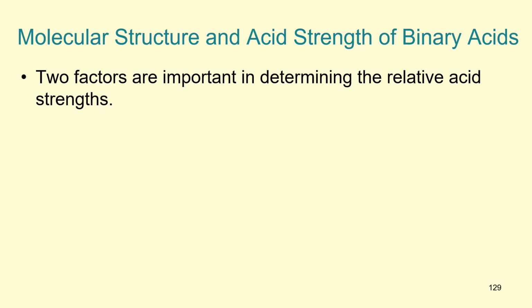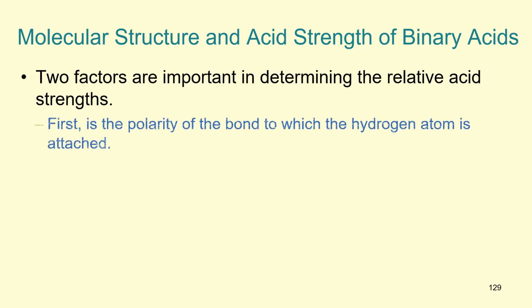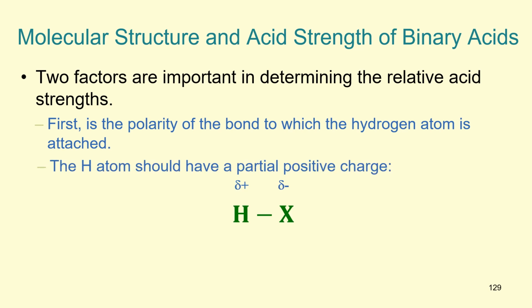All right, so we're going to change gears a little bit and talk about acid strength, molecular structure and acid strength. So we do have charts that tell us which acids are stronger, but you can also sometimes look at the structure of an acid and determine, at least relative to other acids, if it's stronger or weaker. So two of the things that are important in determining that are the polarity of the bond to which the hydrogen is attached, and then also